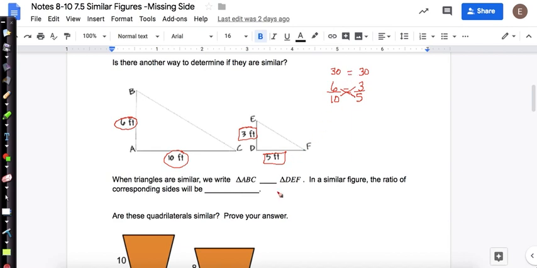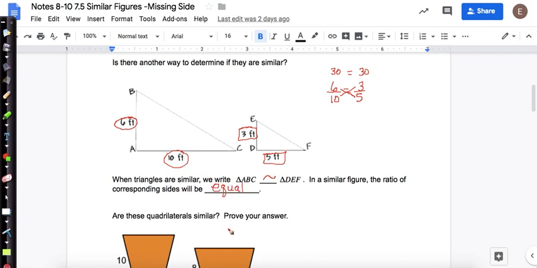So there are many, many ways to set up a proportion. I could go short side over long side, short side over long side, or I can go short first over short second, and bottom first over bottom second. There are so many different ways to set up a proportion as long as you stay consistent. When triangles are similar, we write ABC, and remember this is the similar symbol, it looks like a worm, to triangle DEF. In a similar figure, the ratio of corresponding sides will be